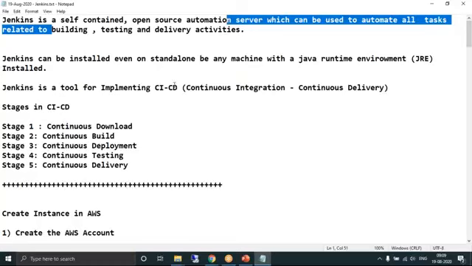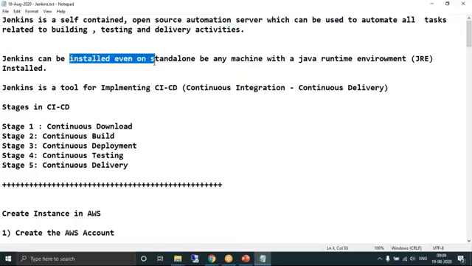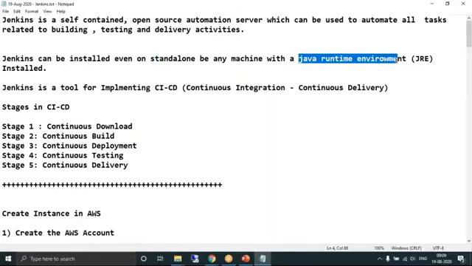As for the prerequisite, Jenkins can be installed on any machine. You can install Jenkins on our Windows machine also. The only prerequisite is that Jenkins needs a JRE, Java Runtime Environment. Jenkins can be installed on any machine which has a JRE installed. Anyways, we'll not install Jenkins on our Windows machine. As we all know, we'll be running on the AWS environment, so we'll be installing Jenkins on the AWS platform.